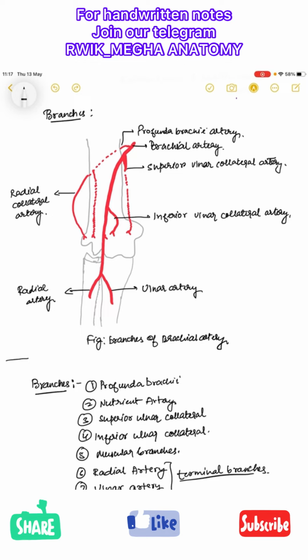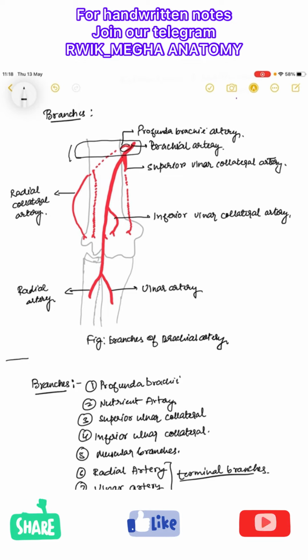So this is the diagram showing the branches of the brachial artery. One thing that I need to tell you is that this portion has been extremely shortened, because this is the point where the brachial artery comes to lie in front of the shaft of the humerus. So as a rule, the profunda brachii artery should not emerge from here, because this profunda brachii artery emerges at the upper portion of the shaft of the humerus, that is at the proximal part of the brachial artery. Just to bring everything into a diagrammatic representation, this portion has been shortened.